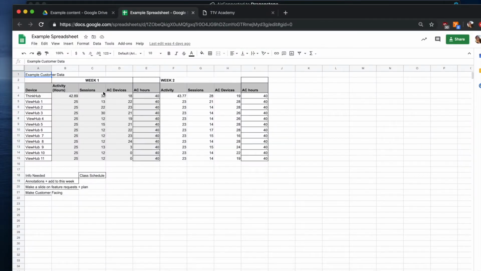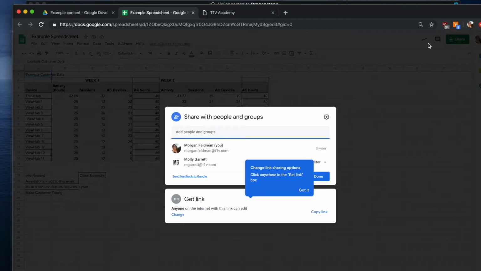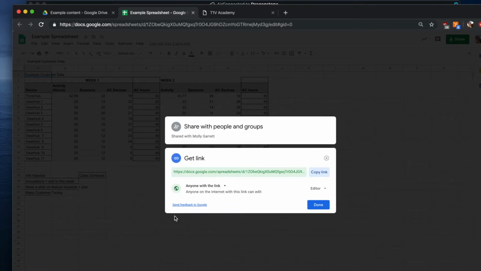So if I want to share this spreadsheet, I'm going to click the share button as if I would share with any other contact, and I'm going to copy the link. Now you want to make sure that anyone can access this link, anyone can edit. You can change the permissions here. So I'm going to make sure anyone with the link has editor permission, and then I want to copy the